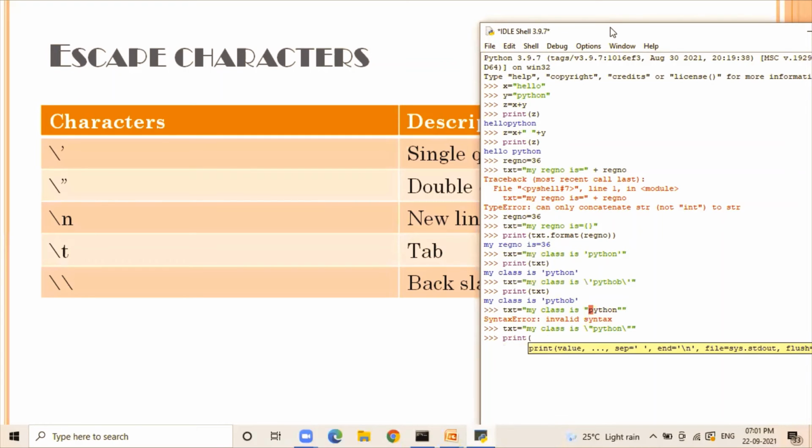You can use a print function and use text, and now you can see the double quotes highlight the word Python in the given string text.